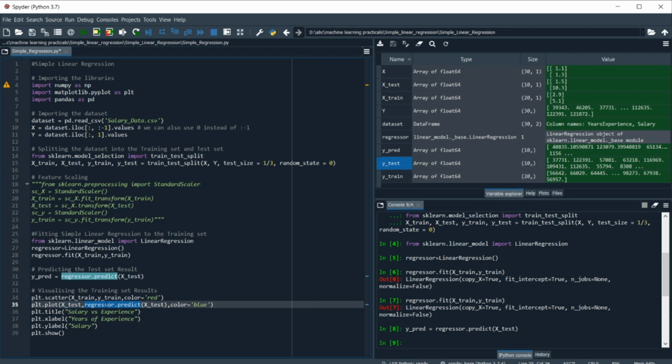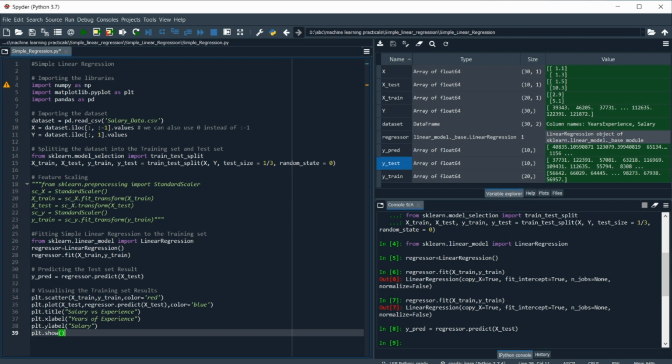So it's going to return y_pred, I mean the prediction made on the independent variable of the testing set, and then we set the color equal to blue. After that we assign the title to the plot, which is Salary versus Experience, and then we assign a label to the x-axis, which is our independent variable, that is Years of Experience, and a label to the y-axis with plt.ylabel as Salary, and then we show our plot.